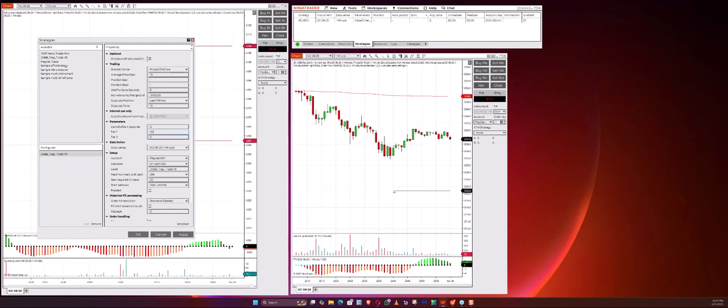Position size 1 is a 1. That means we're going to have one contract for tier number 1, order number 1. Position size 2 is also a 1. That means we have one contract on our second position. And we need to activate the trade at a certain time. The event is at 10:30. We're going to put our orders on the chart for this particular trade, 10:29.55. This is what our testing has shown, that we want to put our orders on the chart 5 seconds